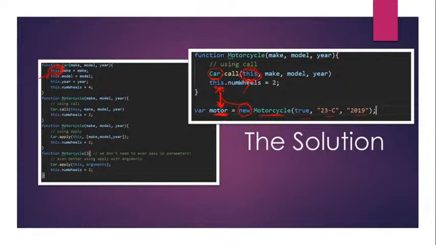So this keyword here and this keyword here now refer to the motor object, and these three parameters are now related to these three parameters right here. I hope this concept is a lot clearer than before. Moving ahead,